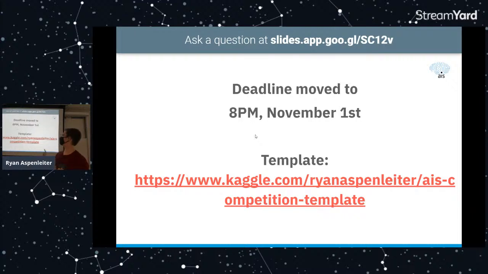So this can actually be due Monday, 8 p.m. I have a link right here to a template Kaggle notebook. This is something that I made that basically takes care of everything besides the model. You can obviously mess with this stuff outside of it as well, but the model is what you should probably be focusing on, at least at the beginning. This removes too much hassle when it comes to pre-processing or getting the data in a nice form.